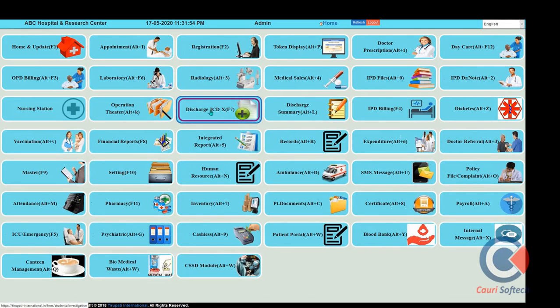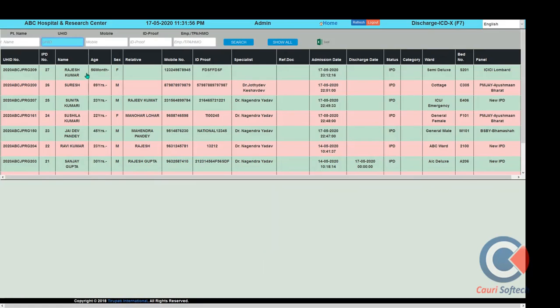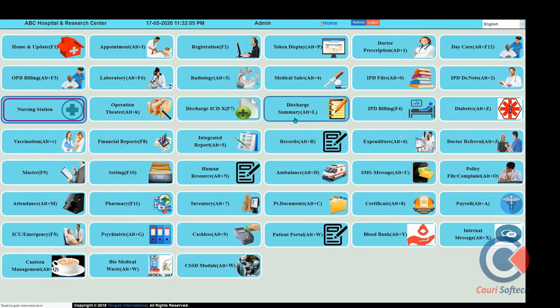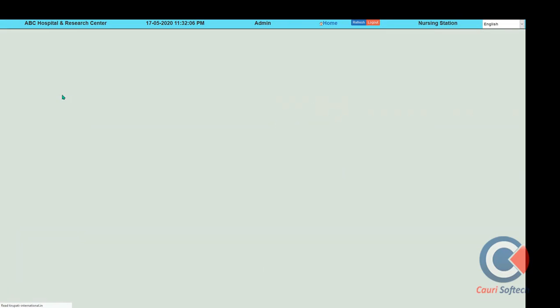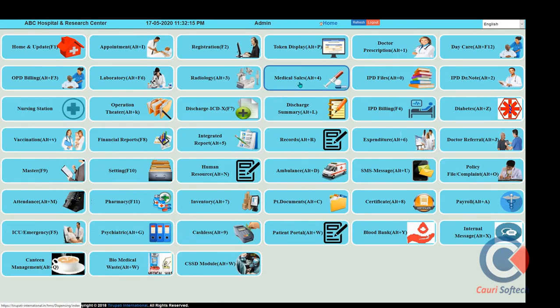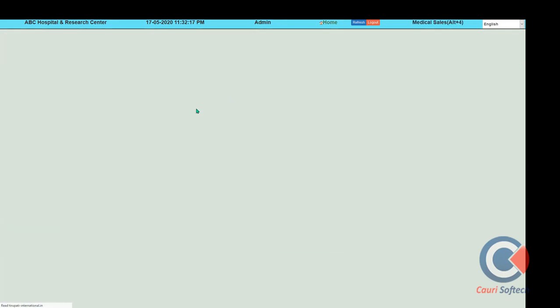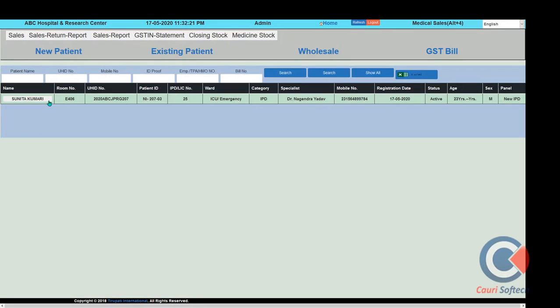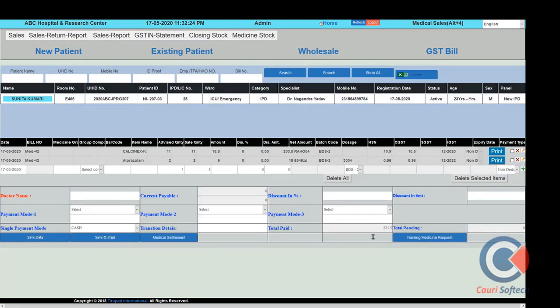After that, the discharge summary. After performing all activity, we have to prepare a discharge summary, and the discharge summary will be given to the patient, internationally valid with the ICD discharge summary format. This discharge data is taken from the WHO website, which can be very helpful to track a patient's complete detail. Meanwhile, I would like to generate the medicine issued to the same patient which has been advised, and that medicine supplied to the medical IP patient will be supplied through the nursing medicine request.